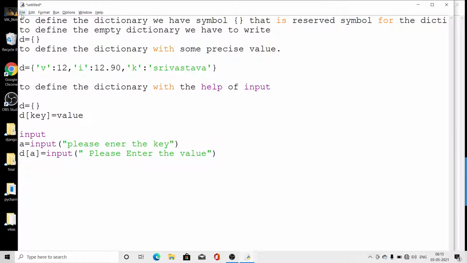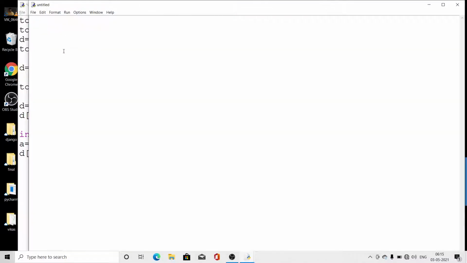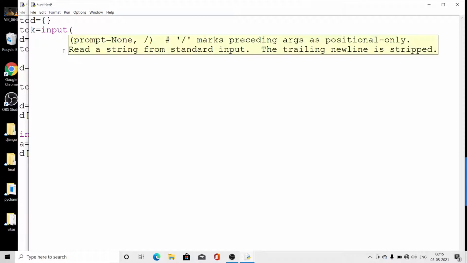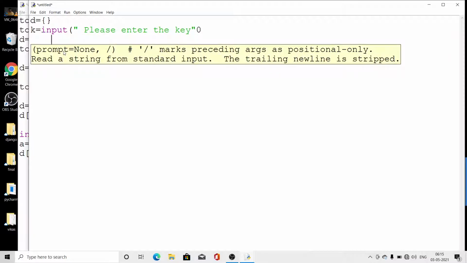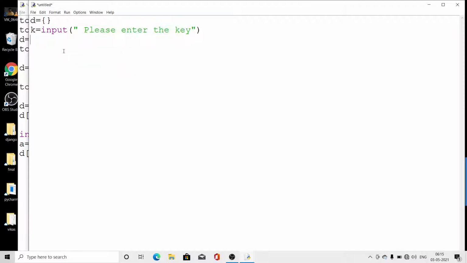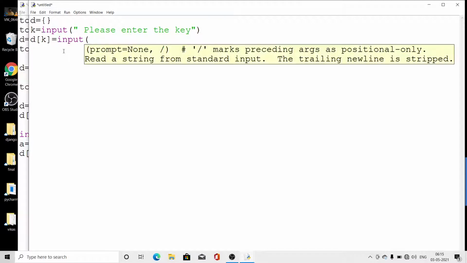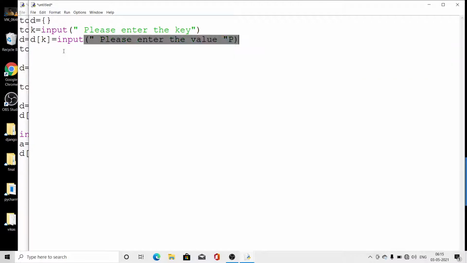Look here, I will do it using another script. I have written d is equal to empty, and then I have taken key is equal to input, please enter the key, and then d of k is equal to input, please enter the value, and then I print d.